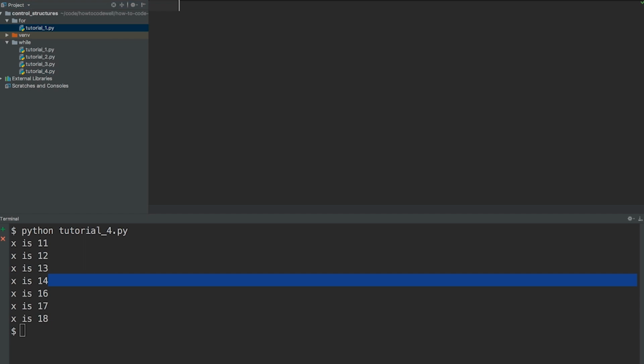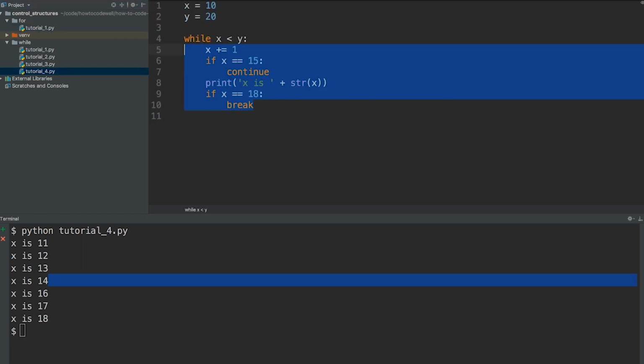Now in the previous tutorials we were taking a look at the while loop, and the while loop takes a condition. So if that condition is true, so whilst x is less than y, if that is true, then the contents of the while loop is processed. So in this case, if x is less than y, then we go ahead and we run that block within the while loop. However, in the for loop, it's slightly different, because in the for loop, you're not actually checking